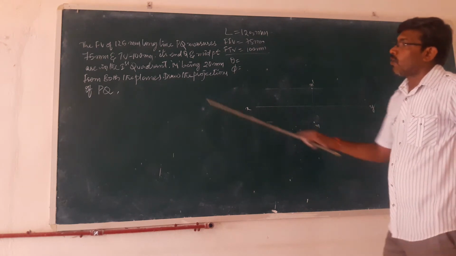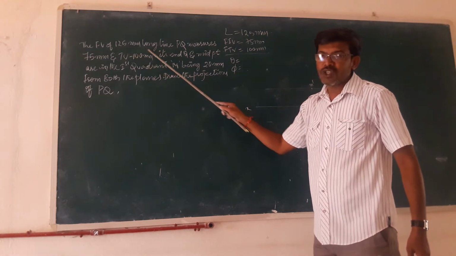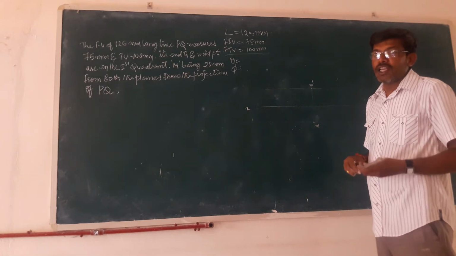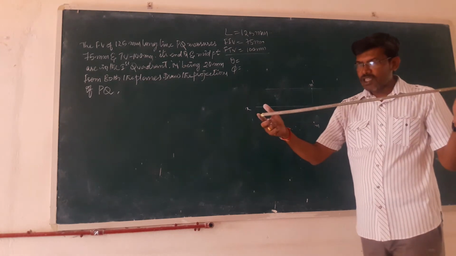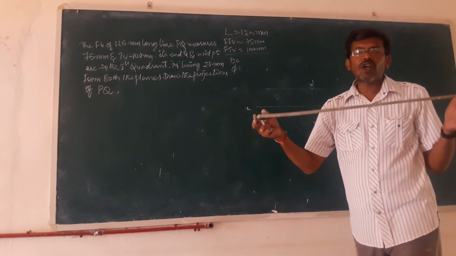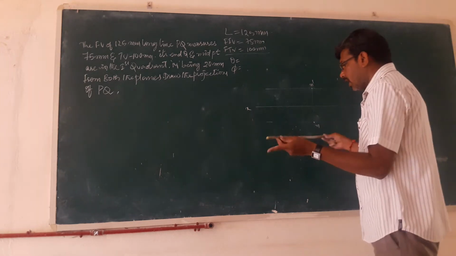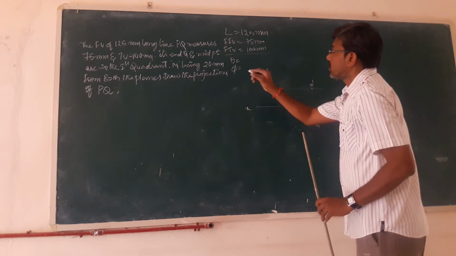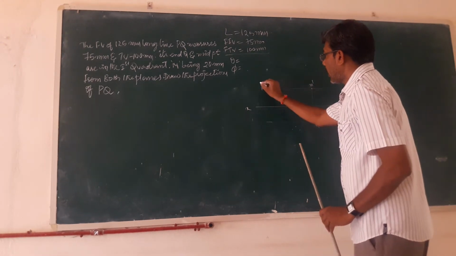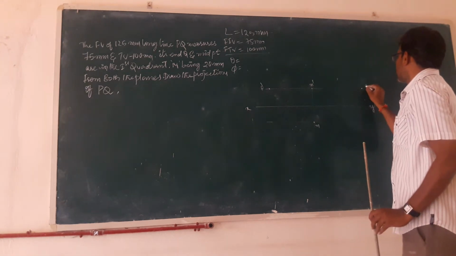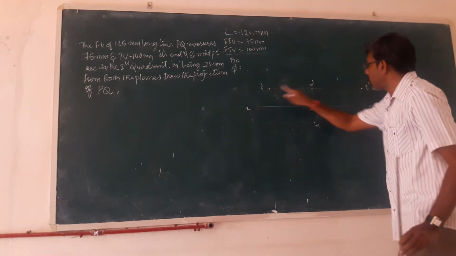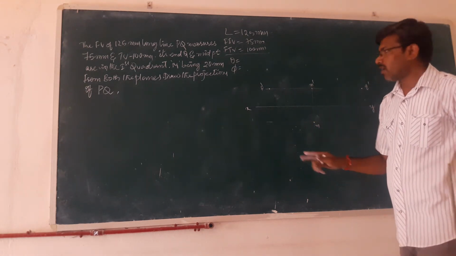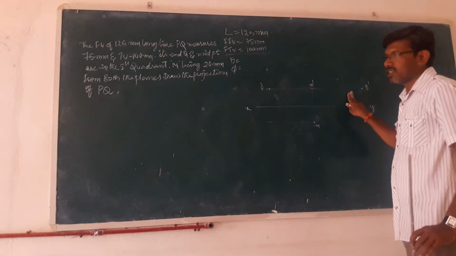So first of all, what is the length of the line? The length of the line is 125. So this is the midpoint. Initially, I will assume that the total length of the line is 125, and this 125 is parallel to both the planes. Now I will take this one midpoint, and I locate here this is P dash and here this is Q dash. So P dash to Q dash is nothing but how much? This is 125, so this is 62.5 and this is 62.5.